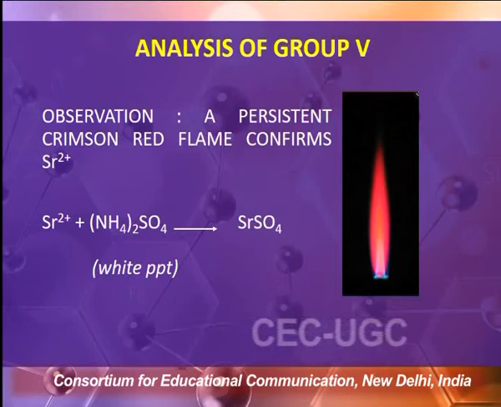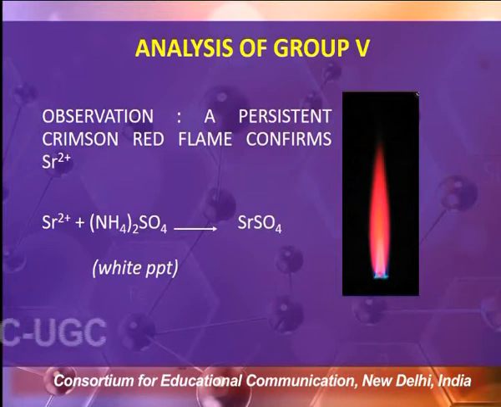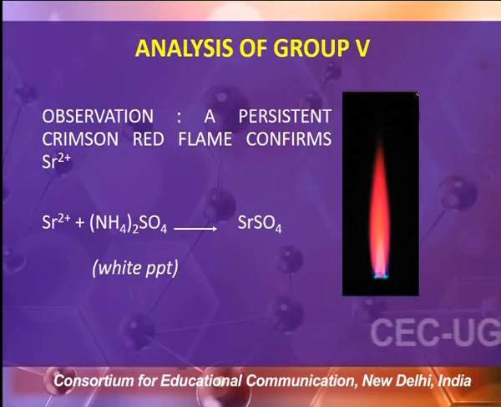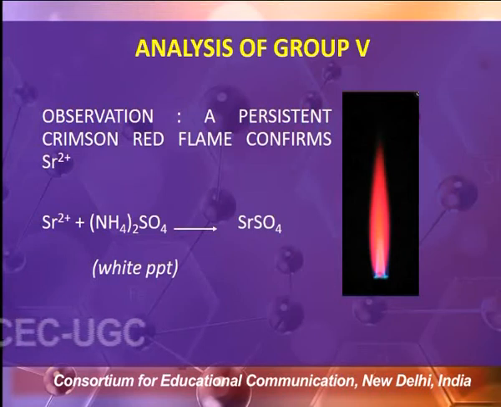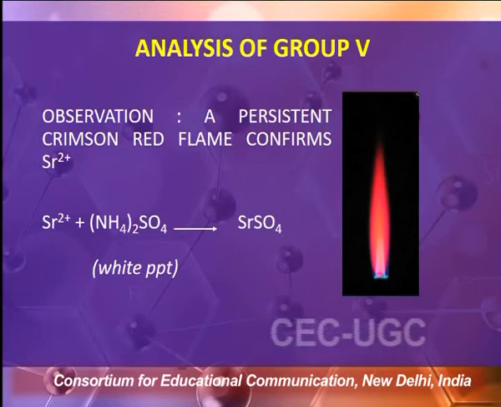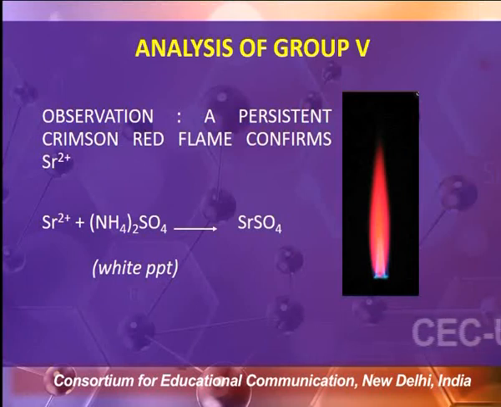Then this crimson red color flame confirms the presence of strontium ions in the mixture, and this color can be seen in the adjoining figure. The equation which explains this: strontium ions react with ammonium sulfate, giving strontium sulfate, which is a white precipitate. This white precipitate is taken and the flame test is performed, which gives a